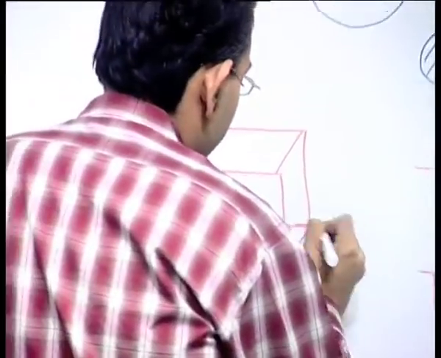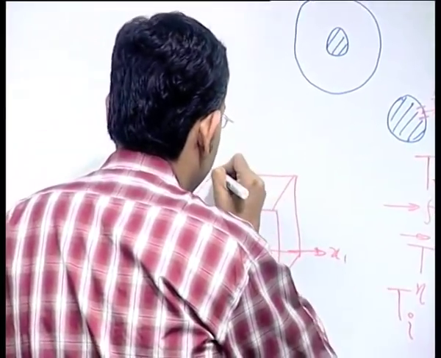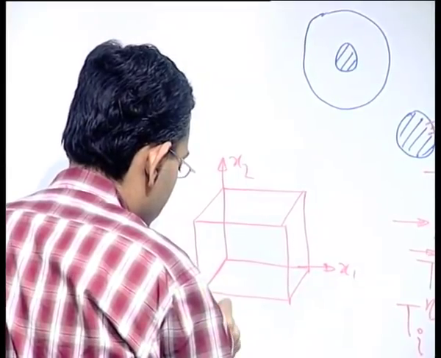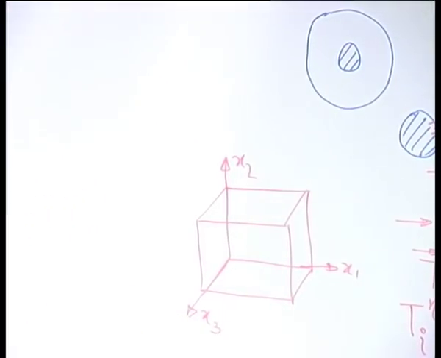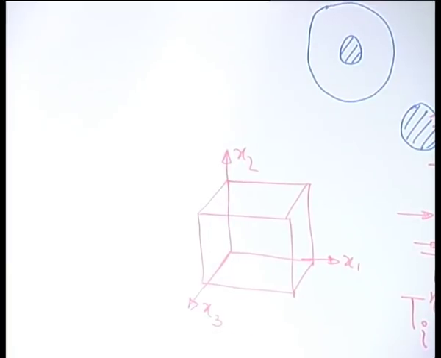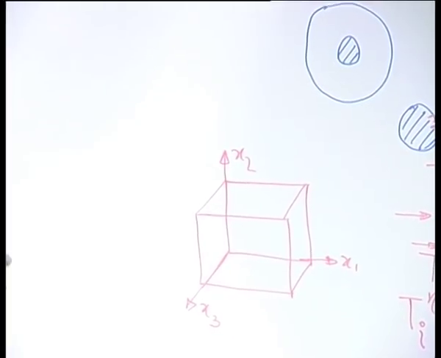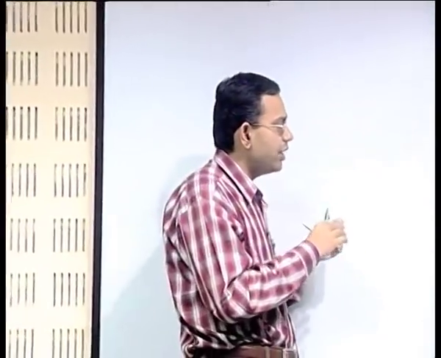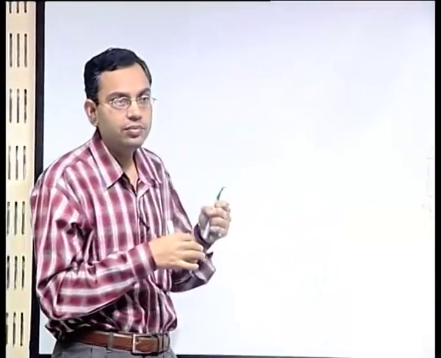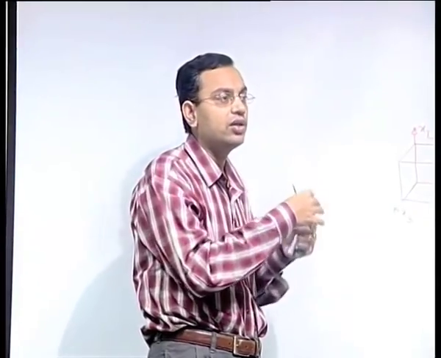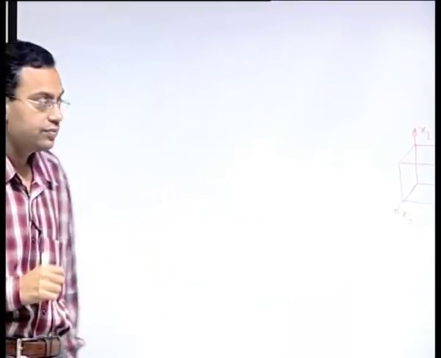Let us say this is x1 direction, this is x2 direction, this is x3 direction. This index notation is quite helpful in many ways. First of all, you can write a big expression in a very compact index notation. Not only that, if you want to translate it into a computer program, you can use loops, where the loops are according to the indices of different terms in an expression.